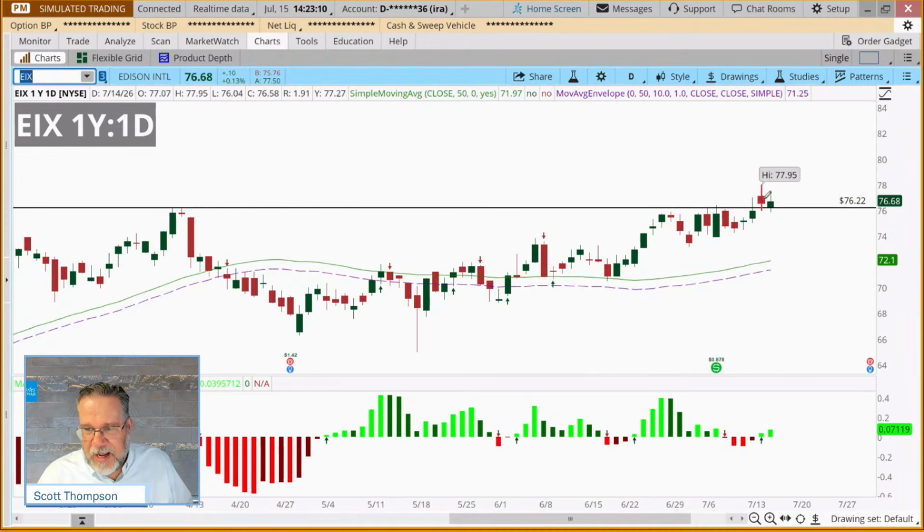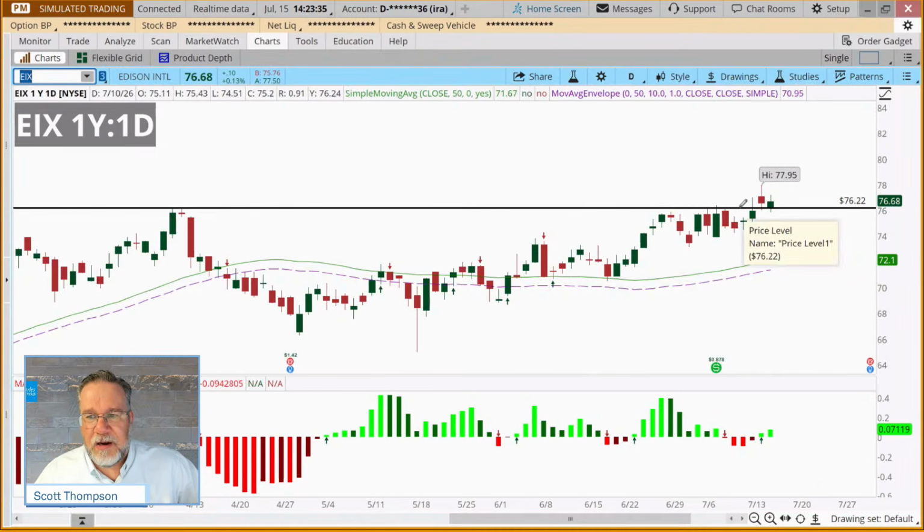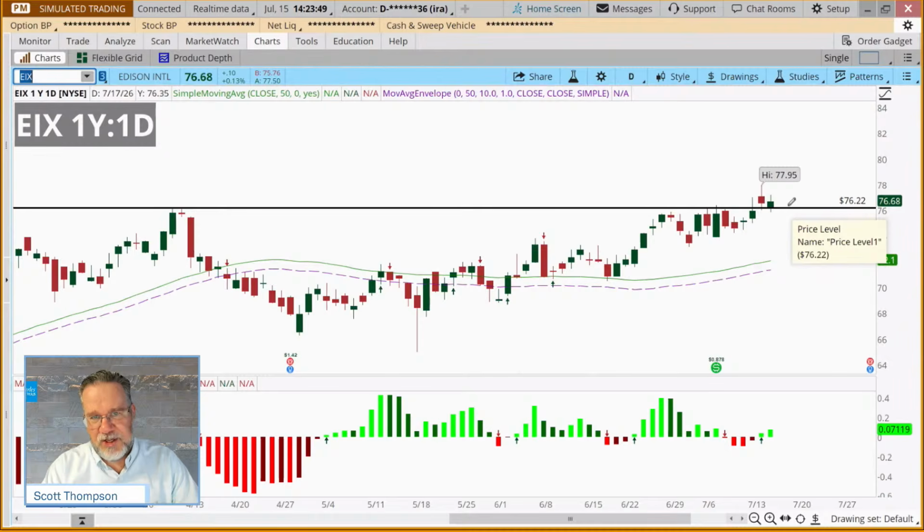Now, we could have gotten that yesterday or today. It looks like we're at about the same price. The closing price yesterday would have been about 76.58. Today we're at 76.68. This one was interesting to me because it not only has the decent fundamentals from the search we just ran, but it also gave a technical buy signal, which is called a breakout when it closes above resistance. It's quite common now for the stock to test this area as the new support. At least the last couple of days, it went down below on both days but closed back above both days. So it looks like it's trying to hold that support.